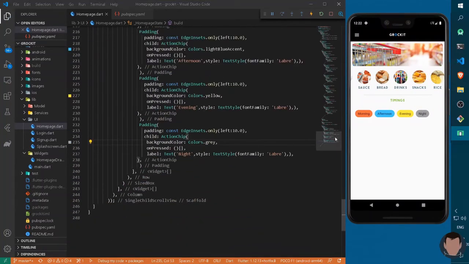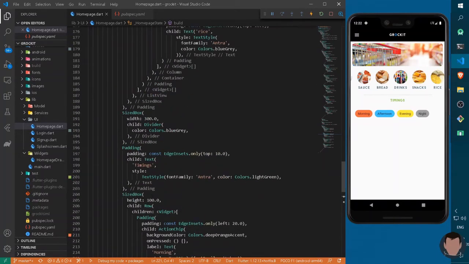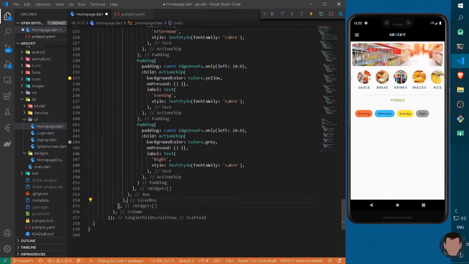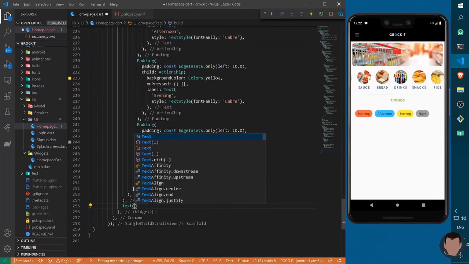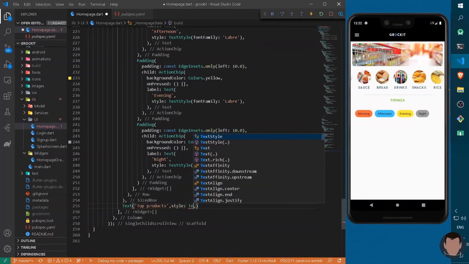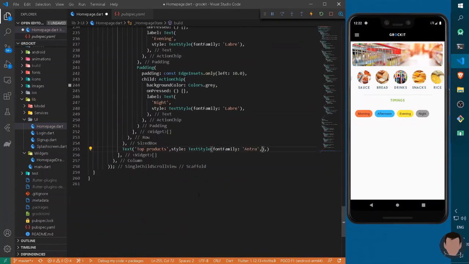now. The next thing will be need is the top trending products from our store, so I can just refactor it once from here. Now here I will get rid of the size box, and here I will give a text saying top products. Let's give some style of text style having font family of Andra, and similarly a color, say colors dot light